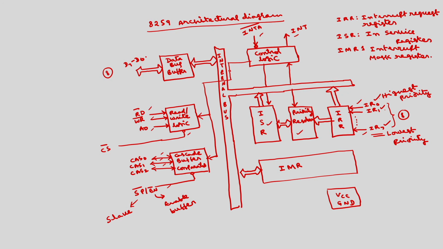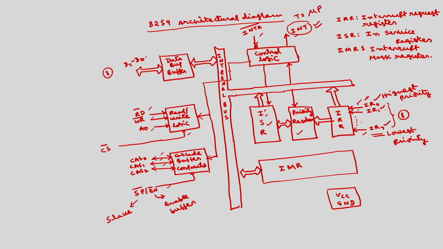So, how will this interrupt be processed? Corresponding to each interrupt there will be one interrupt service subroutine. Whenever the microprocessor is interrupted, which is connected to the microprocessor, the microprocessor control will transfer to the interrupt service subroutine. And how will this interrupt for the microprocessor be enabled? Based on these 8 requests, this will resolve the priority, and the one with highest priority will be considered and stored in the ISR.